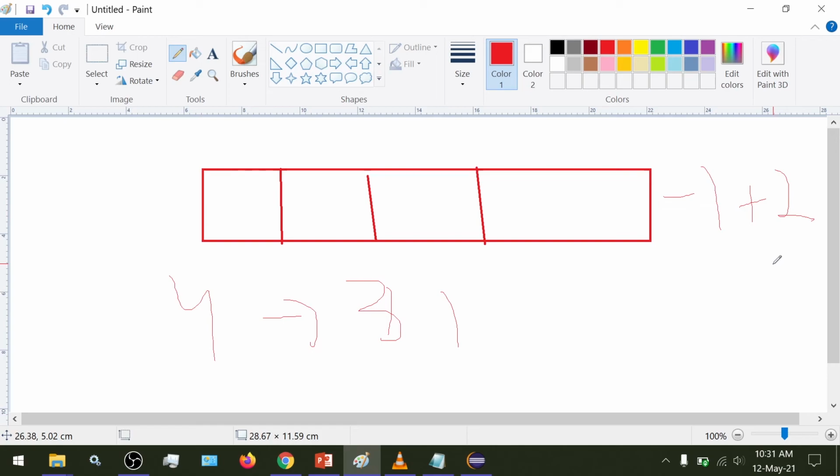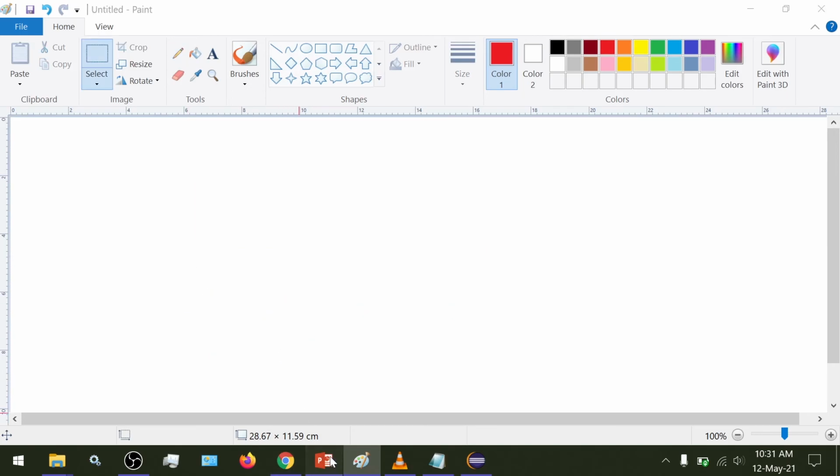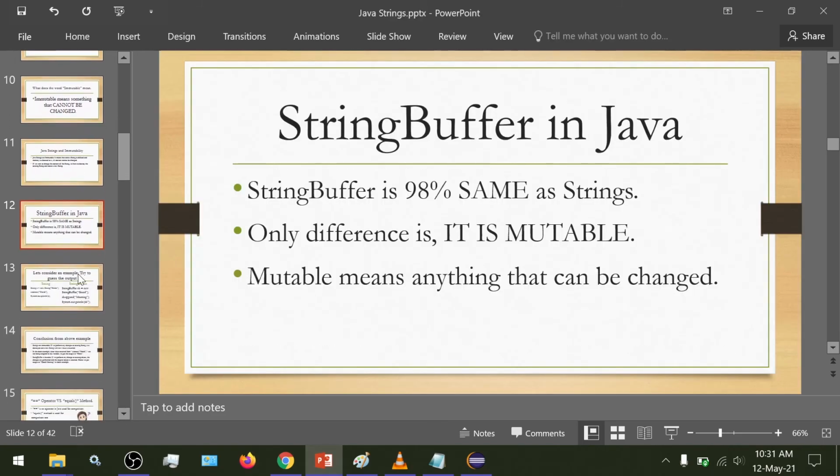So the default allocation for a string buffer object is all defined by the JVM, and there is a formula for that, and the programmer is usually not needed to be bothered with the allocation and deallocation of string buffer memory. So I hope that is clear.